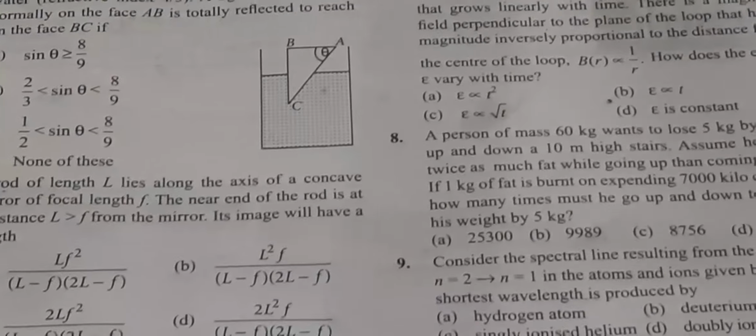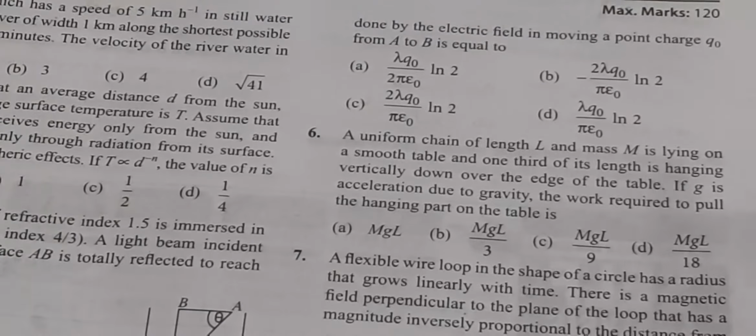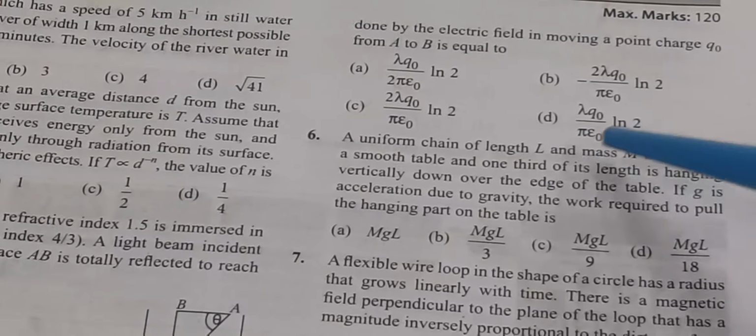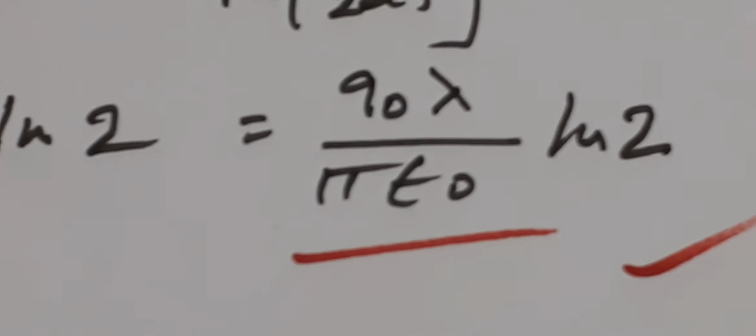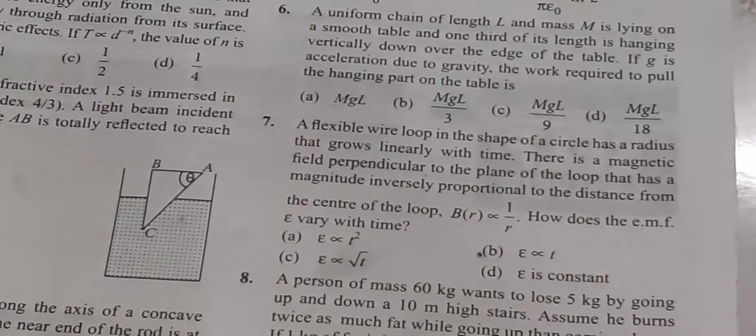Let us see where it is. I think in D it is there, q naught lambda by pi epsilon naught ln 2. Here also you can see q naught lambda by pi epsilon naught ln 2. That matches. Now next job,